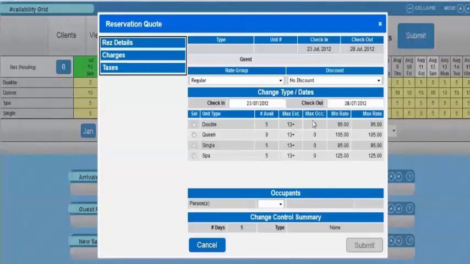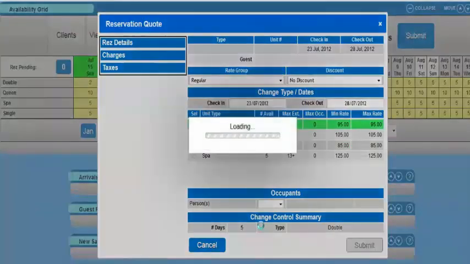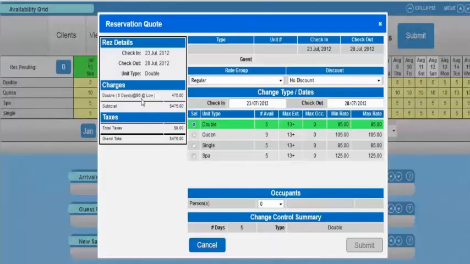If the units have got maximum occupants, it will tell you there, 4, 2s, 6s for example, and for the period of the stay it'll give you a minimum maximum rate. So from this point we could simply click double, select the number of occupants, and as you can see here it's priced it on the left hand side for you. Select the number of occupants,